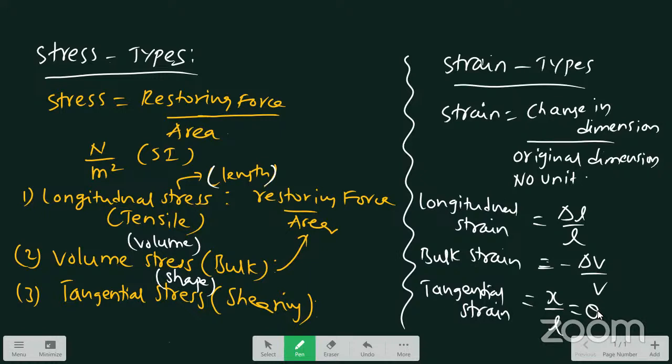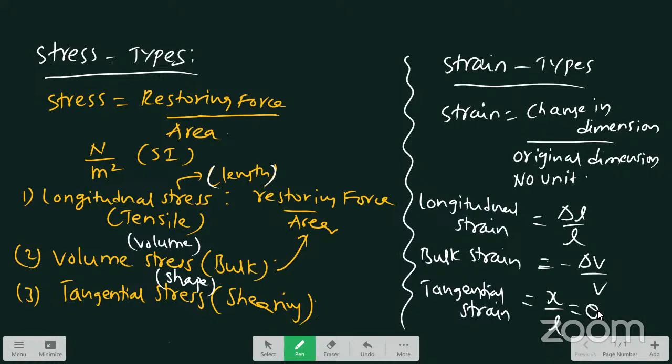The ratio between restoring force with respect to area, that is nothing but stress. How many types in total? 3 types. One is the longitudinal stress, nothing but restoring force per area, when the deforming force changes its length. Next, when the deforming force changes its volume, the ratio between restoring force per area. Next, when the deforming force changes its shape,